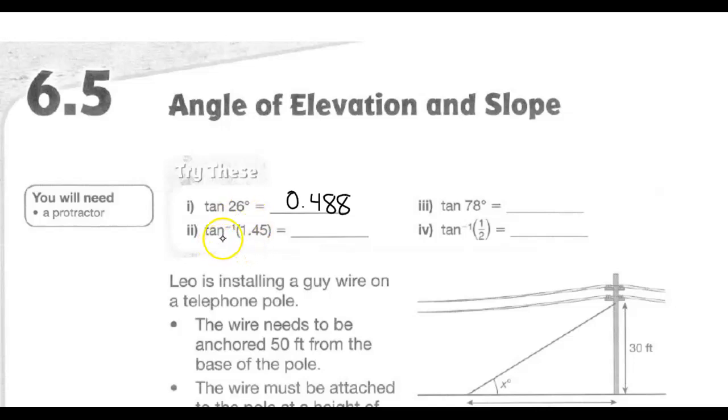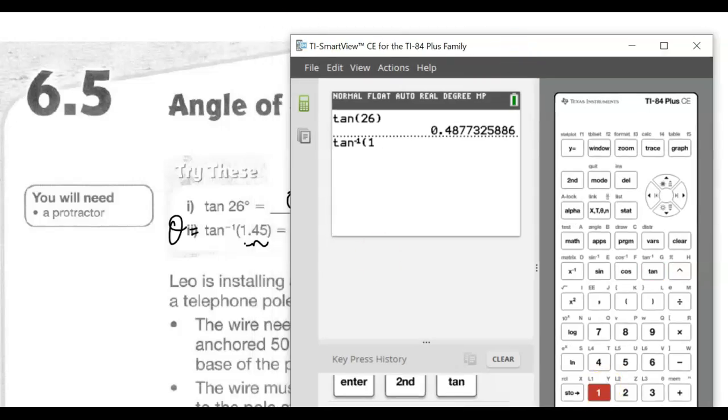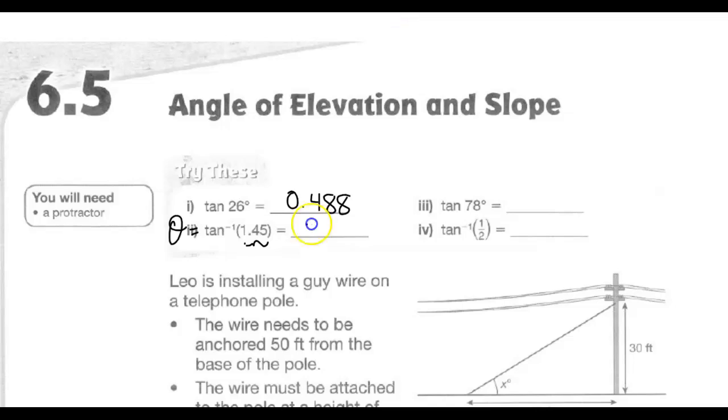Okay, next one is inverse tan. So that means this is really finding the angle that has this ratio of the opposite over the adjacent. So then you press the second key or the shift key. Now remember, in my calculator, because it shows the word tan, I put it in like that. So I'm going to go shift and then tan. So you see the inverse, the -1, and then 1.45. Close brackets. And that's an angle. We'll go to 1 decimal place, 55.4